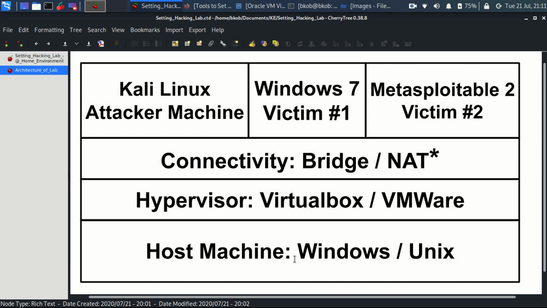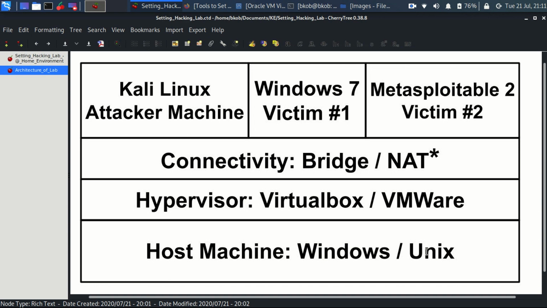There are a few people who are Linux geeks, and I'm just one of those Linux guys, so I am using Linux. Similarly, you can use any base operating system, or in some contexts we also call it the host operating system. This could be either Windows or Unix. On top of that, we typically install a hypervisor.